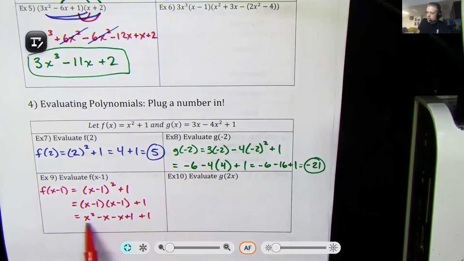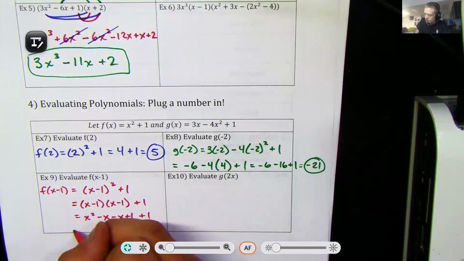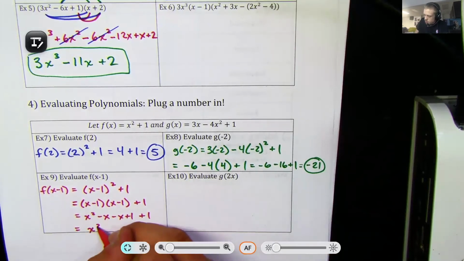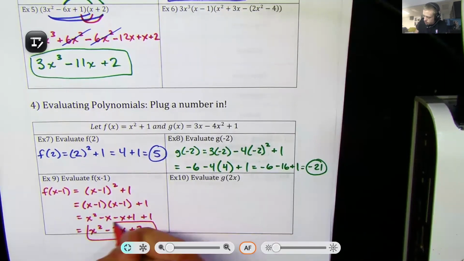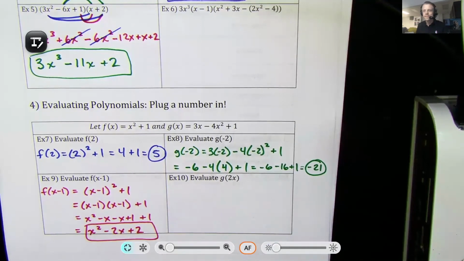So this process was the FOILing step. And now let's combine like terms. x squared minus 2x plus 2. There's our final answer. All right, so the last one, we are going to take 2x and plug it into